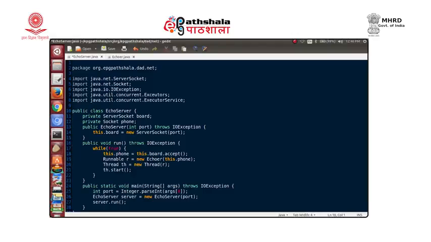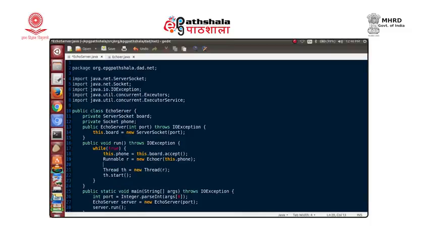And then coming to the change here, after accepting a connection we do have to create an object of runnable. The only change here is that we do not do these two things, which are for creating a new thread of execution. We do not want to do this.